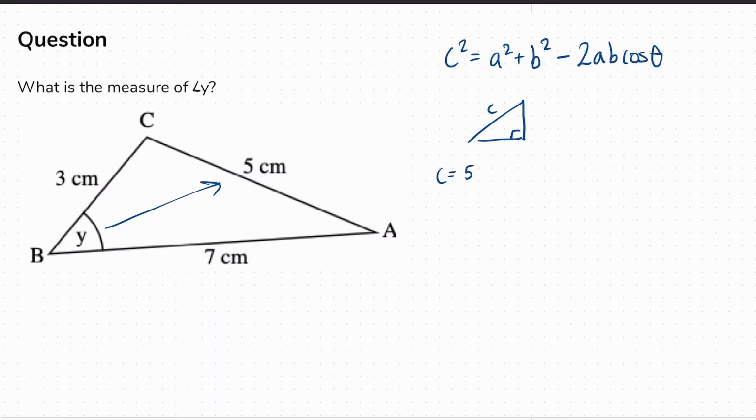If C is 5, then A and B are the other sides, and it doesn't matter which way around it is. So let's go A is 3 and B is 7. It's going to work either way. And so that means I can now substitute into my formula. All right, C is 5. Oh, that should be on the outside. Minus 2 lots of